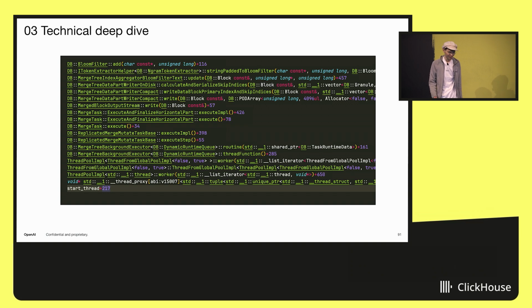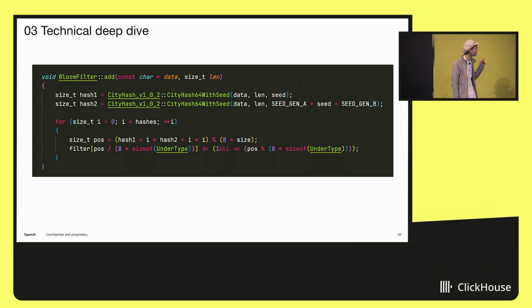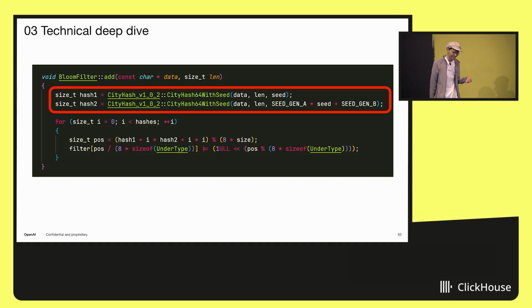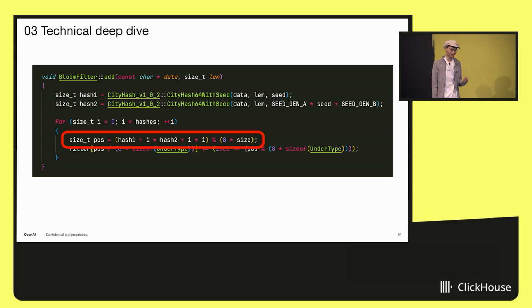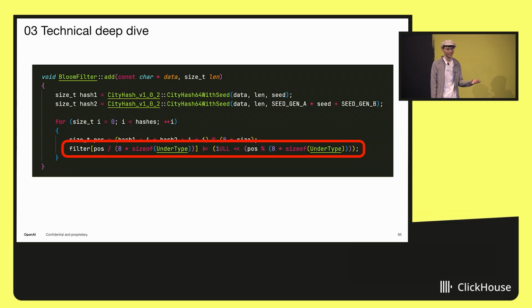So we did. What I show you here is the actual source code in the ClickHouse code base for building Bloom filters. And a Bloom filter is a very simple data structure. It's a bit array. And to add something to it, you hash the element, use the hash to compute the position of the element in the bit array, and then you flip that bit to 1. Well, there are a bunch of places where this could be slow. We have hashing, and we have random array access.